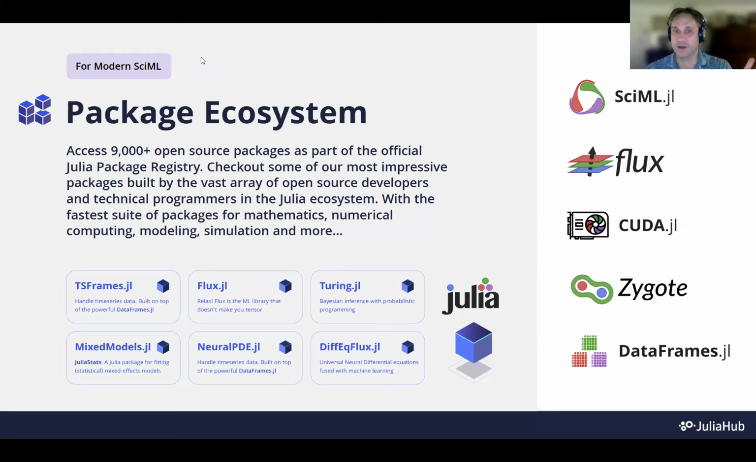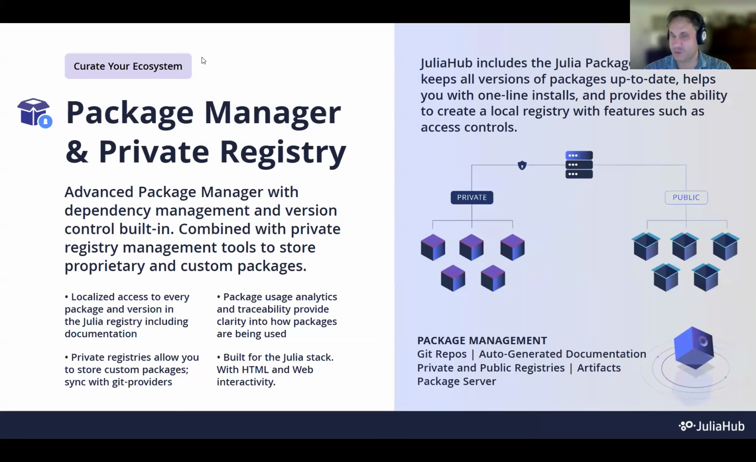So out of the box, you get all the great 9,000 plus open source packages in the official registry, but you have the ability to create your own. And that's when we talk about the package manager and private registry. So now you have the ability to create your own private registry. Essential. This is a very big feature. It's a huge feature, in my opinion, because not only does it give you complete versioning control of your dependencies,